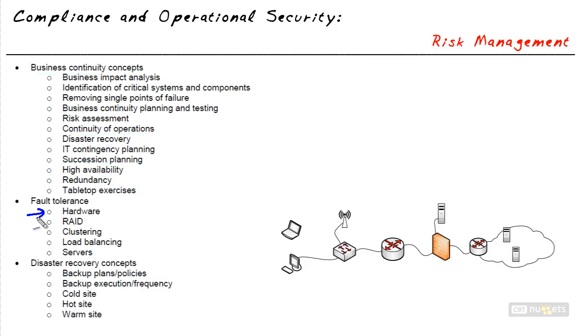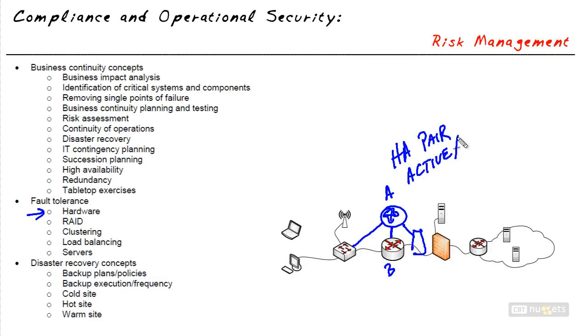So in the case of a hardware failure, let's take, for example, routers. Let's say a router has the ability to fail, or an interface. Instead of just having one router between the users and their firewall, we could put two routers between the users and the firewall. So we have a connection that lets them talk to each other. We connect that to the switch as well. We'd probably have a switch on this side. And then we have router A and router B. And those are commonly referred to as an HA, a high availability pair, sometimes called a group. These routers also may be referred to as active standby, if that's how they're configured to operate. An active standby pair, where one's doing the work and the other is just there in case the first one fails to do the work.